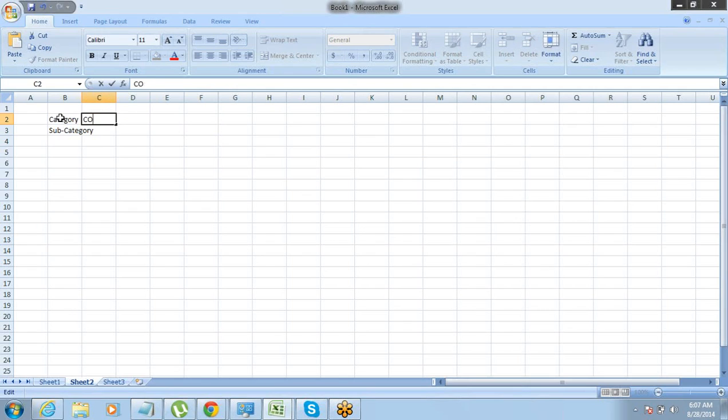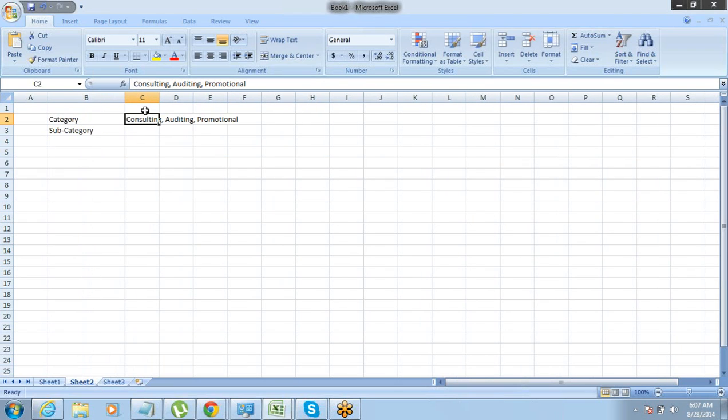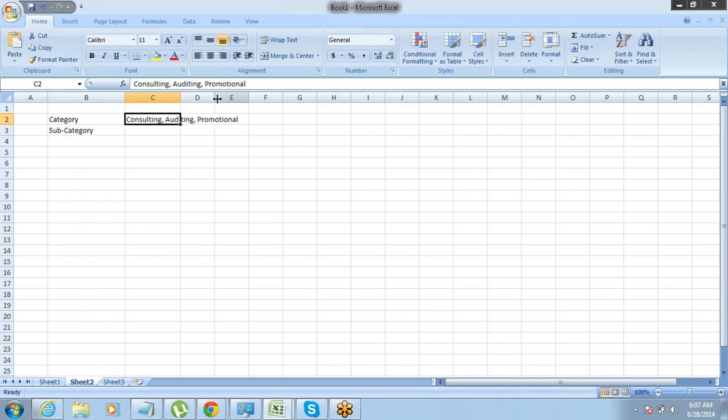They can be a consulting project, they can be an auditing project, or they can be a promotional project. Okay. Under subcategory, you have different options, for example,